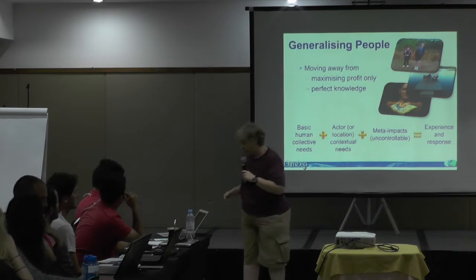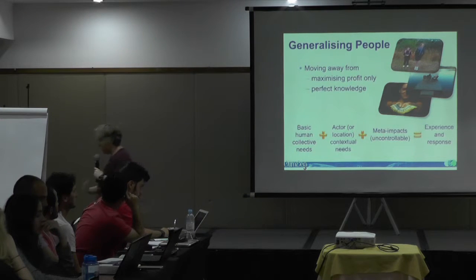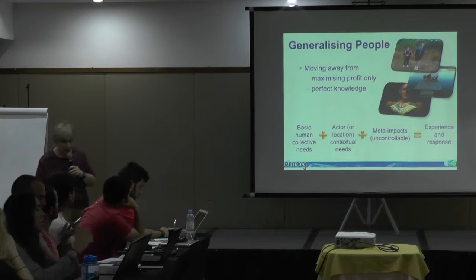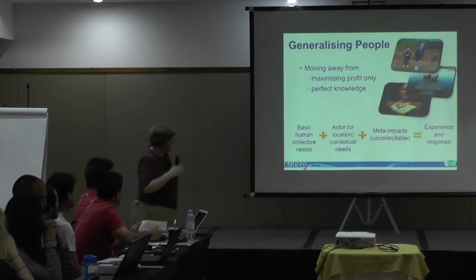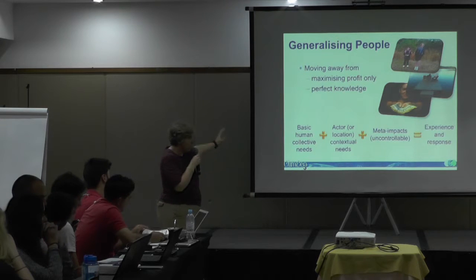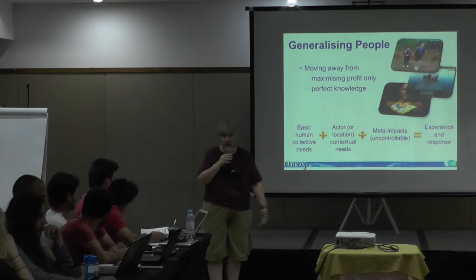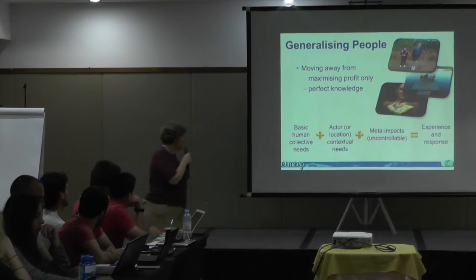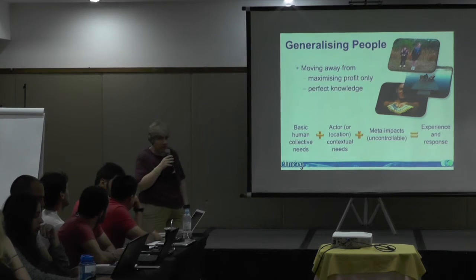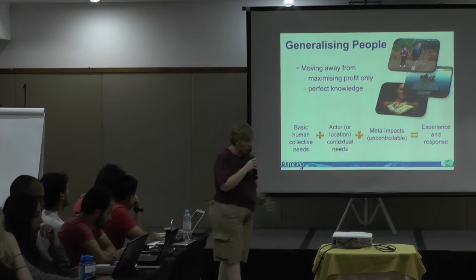Okay? So fundamentally, there are some needs that we all have to have delivered. We get tired, we get hungry, we want to feel secure. So those are the basic human needs. We all have those needs. Then there are some contextual needs. So in my case, I must have ice cream. We've already established that. I actually also want my kids to be happy and all of those kind of things. So there are some personal contextual needs. And then there are some uncontrollable impacts.